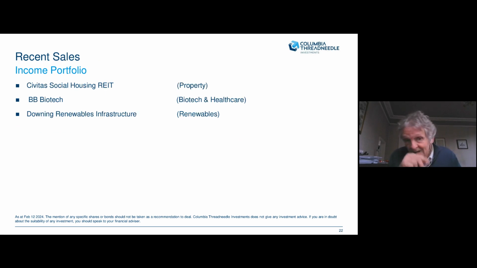And on the sell side, I've been selling one or two for various reasons. Civitas was acquired last year. BB Biotech was a Swiss biotech trust, which I've sold out of because it was becoming a very concentrated portfolio. So stock-specific risk there was rising, but I do like biotechs. That's why I switched the proceeds into International Biotechnology. And Downing Renewables is a small infrastructure trust whose shares have not done that well of late, so we've let